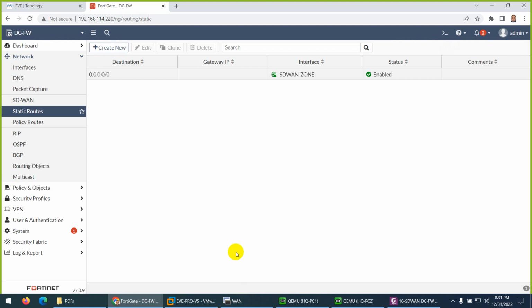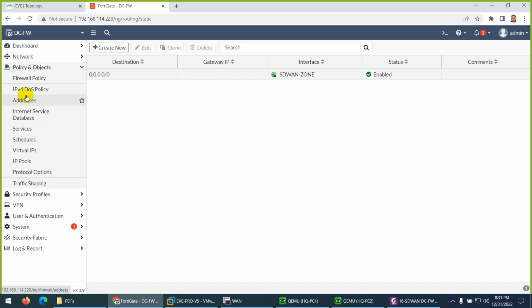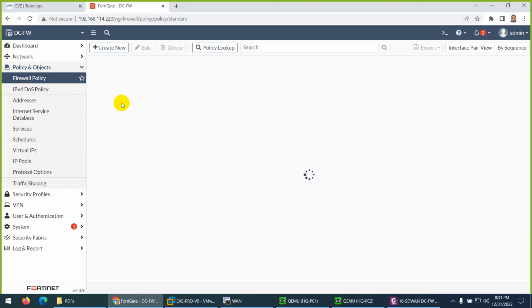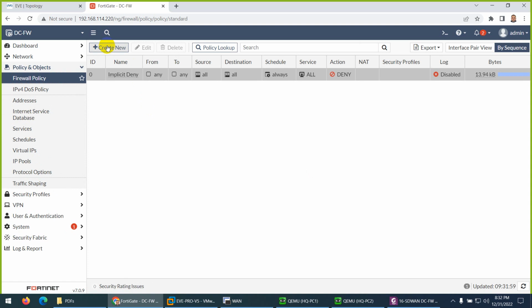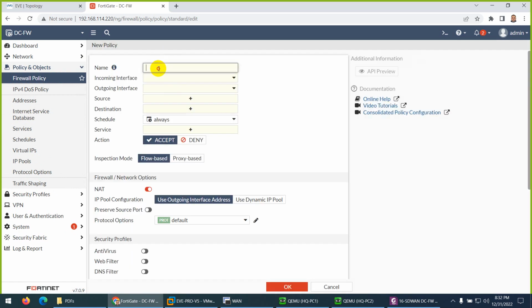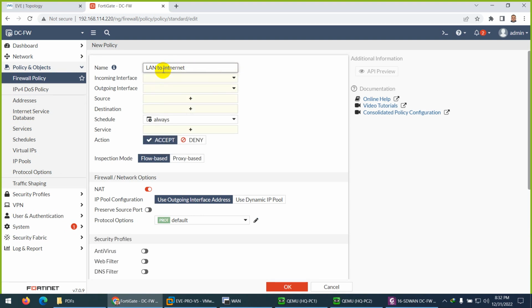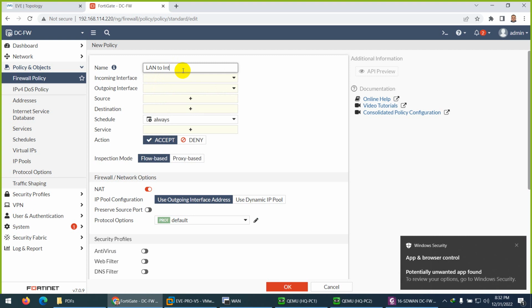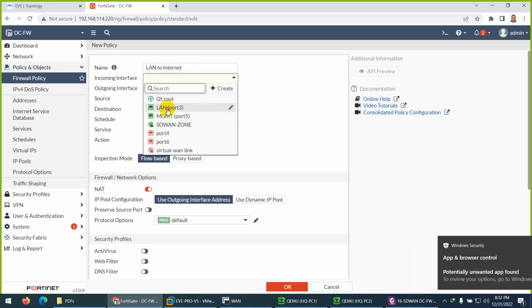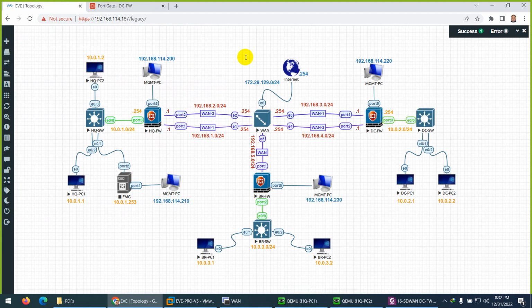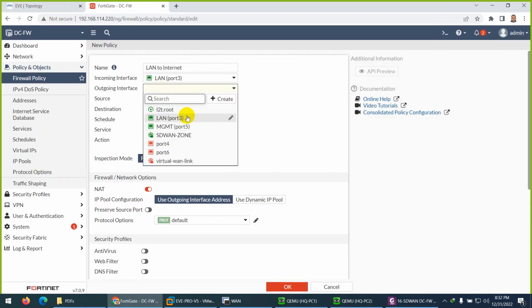After the mode, what do we need to do? Firewall policy. Let's go to firewall policy, and I need to create a policy for SD-WAN. So create new and type here LAN to internet. Give it any name. The traffic will come from LAN, this one, port 3, and it will go to, you see my